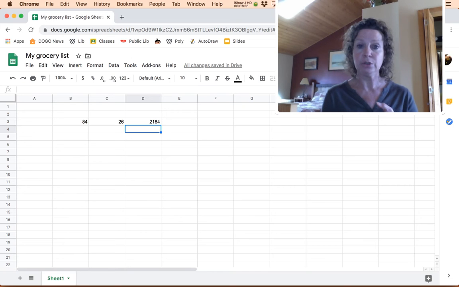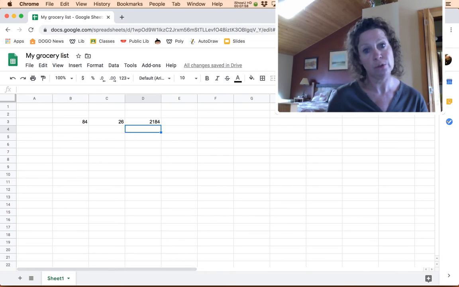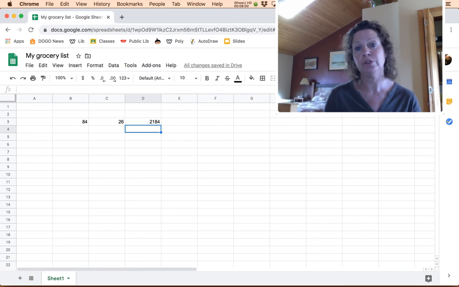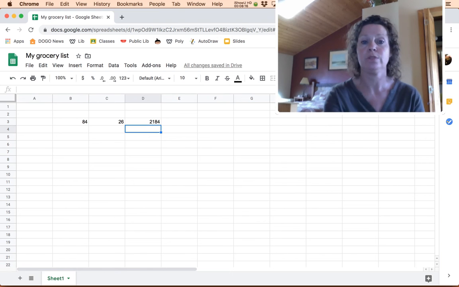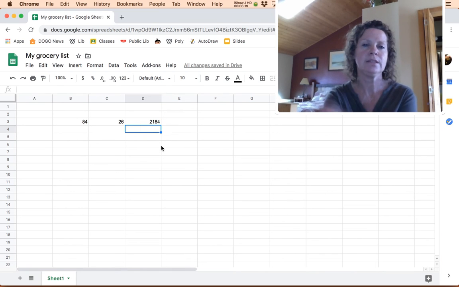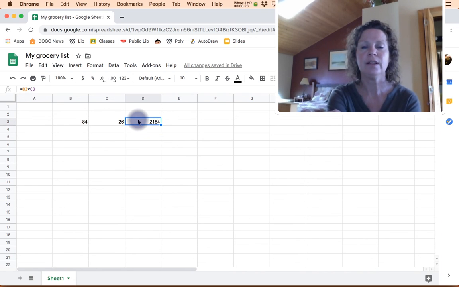You can even do patterns, and I'm not going to show you that today. I'm going to leave that alone for our next tutorial. I'll show you how to complete patterns in a spreadsheet. For now, I just wanted to show you what a spreadsheet is and how you can enter information into a spreadsheet. I have one last thing to show you before I sign off, and that is if I click in